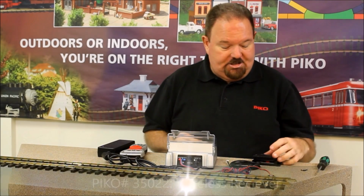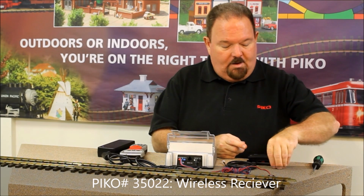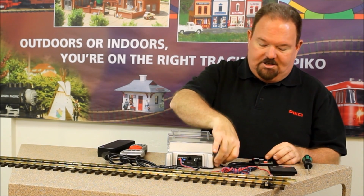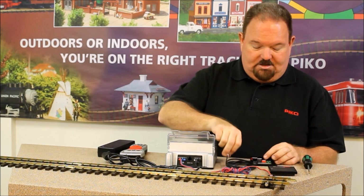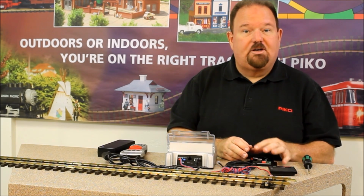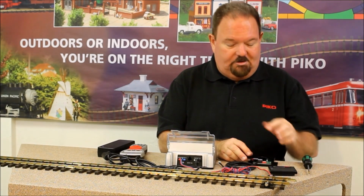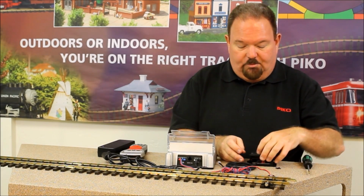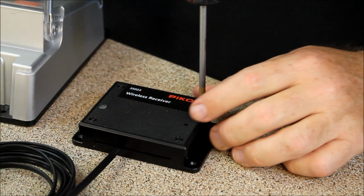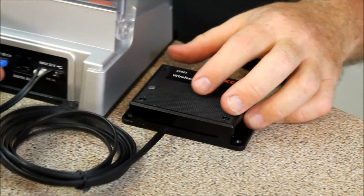To add wireless is very easy. You just need a PIKO 35022 wireless receiver. It comes with 4 little screws in the lid, and you'll need to remove those screws and plug in the digital cable. Actually, the cable is even labeled on the ends of the cable. It's the 4-wire cable, the smaller one, for digital operation. This wireless receiver can also be used with our analog throttle, but here we're using it for digital, so use the proper cable, the digital one. That plugs right in there, and then we reinsert the cover, make sure the wire is coming out of there nice and flat and the circuit board is all lined up, and install those 4 screws, and then we plug this in to the back of our central station